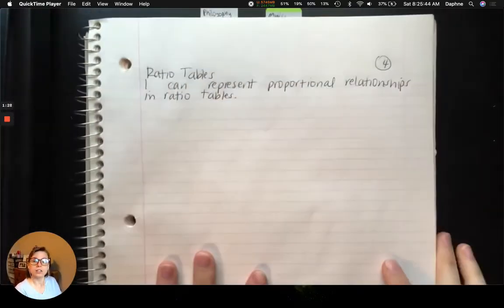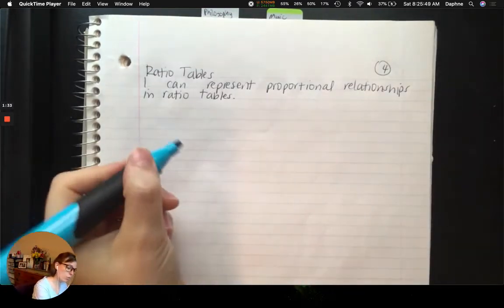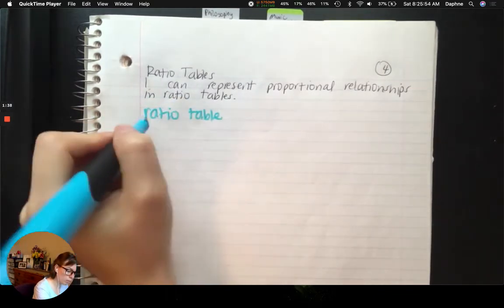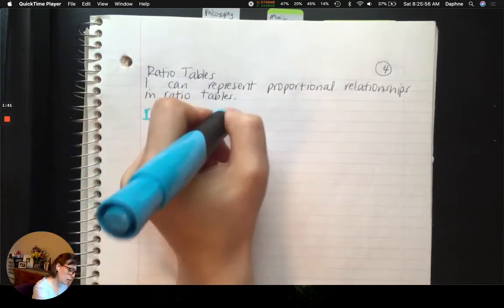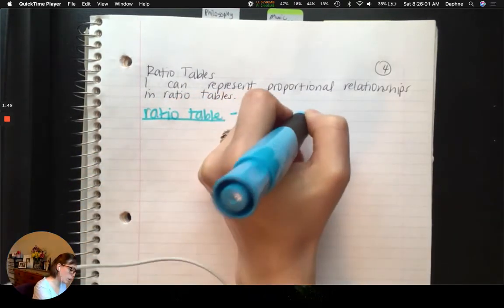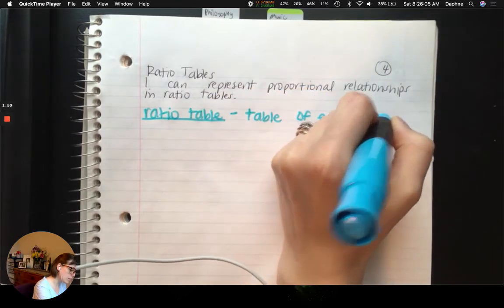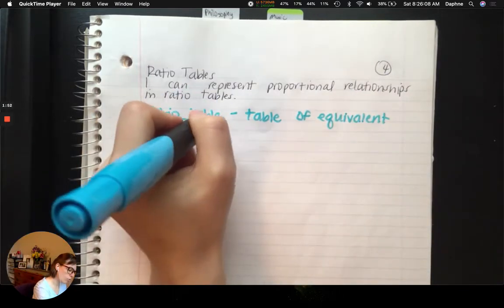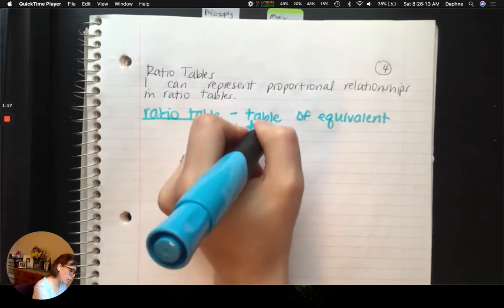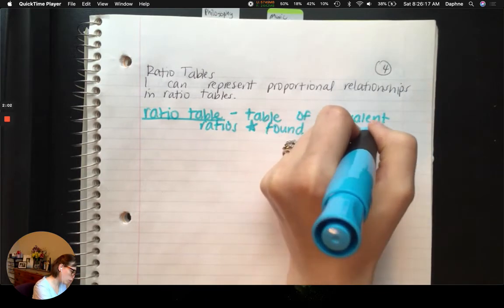All right, so now that we are all labeled, we're going to define things. So we're first going to define what is a ratio table. We've probably already used these in class, but we'll define them now for sure. So it's a table of equivalent ratios. And we find this, so found, by multiplying